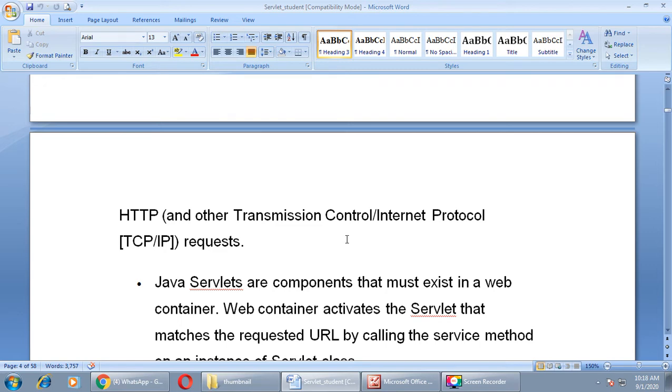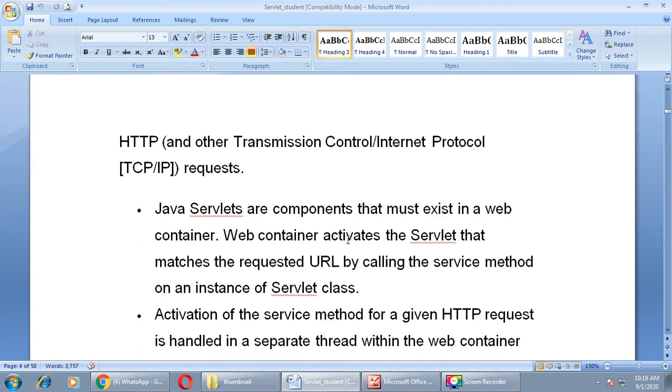Okay, Java servlets are components that must exist in a web container. Servlets are the most important part of any Java web application. The container activates the servlet that matches the requested URL by calling the service method on an instance of the servlet class.